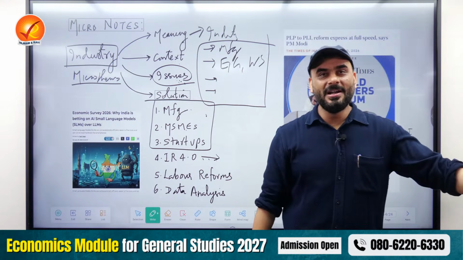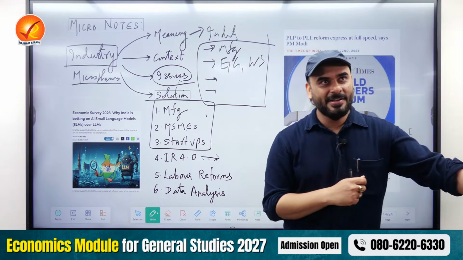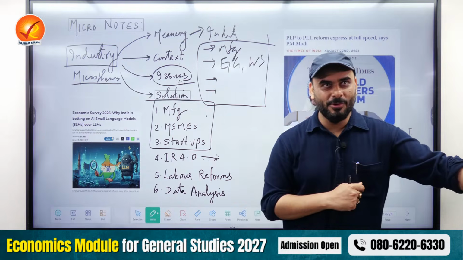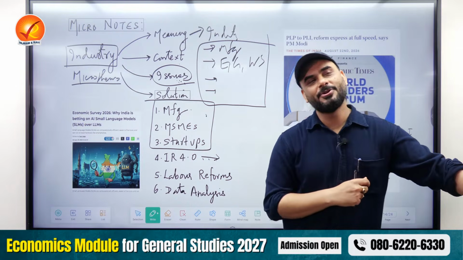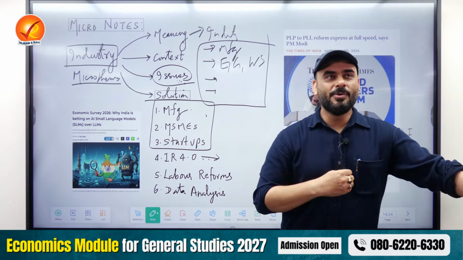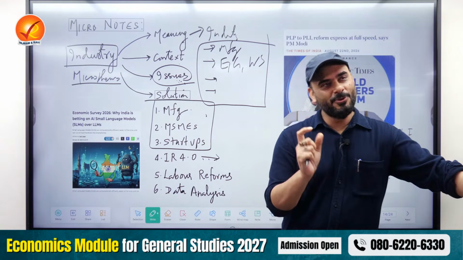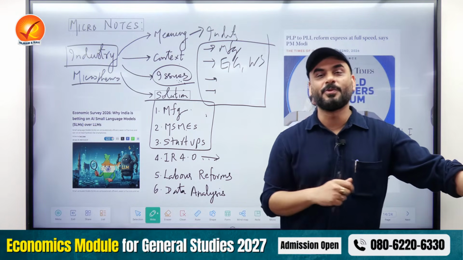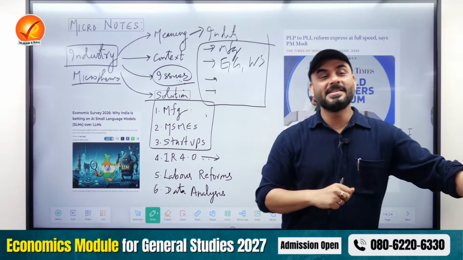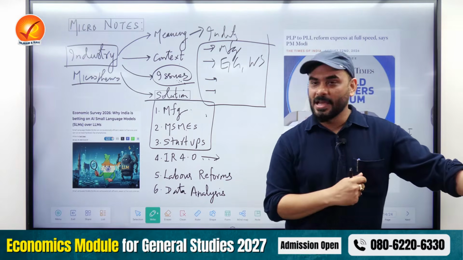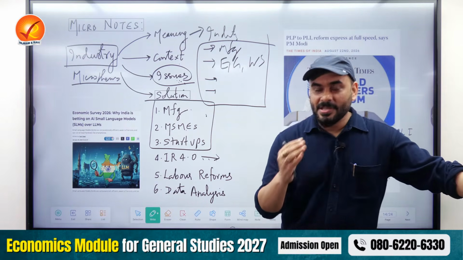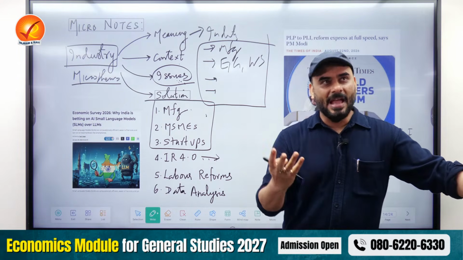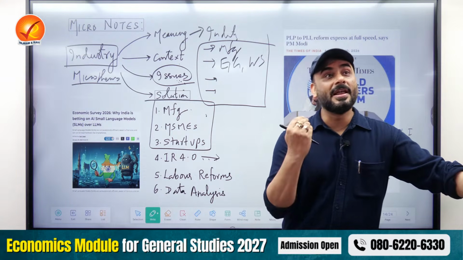Why? Because the moment labor joins, the first thing that UPSC can ask you, or if I'm a worker and you are an industrialist, I'm coming to your factory, the first thing I would like to ask you is, sir or ma'am, are you going to appoint me on contract basis? Are you going to appoint me on regular permanent basis? What type of employment are you going to provide? What will be my wages and salary? What is the definition of salary? Are you going to give me pensions? If I fall sick, will you take care of me? If I am not very happy with what is happening in the company, where shall I complain?